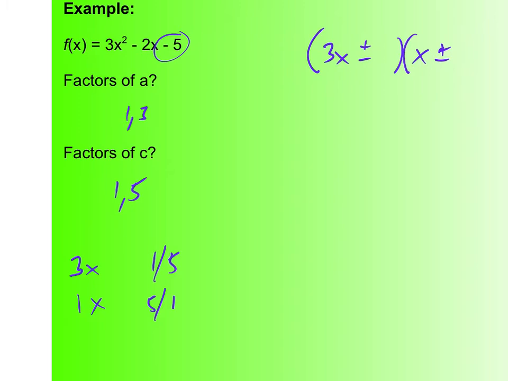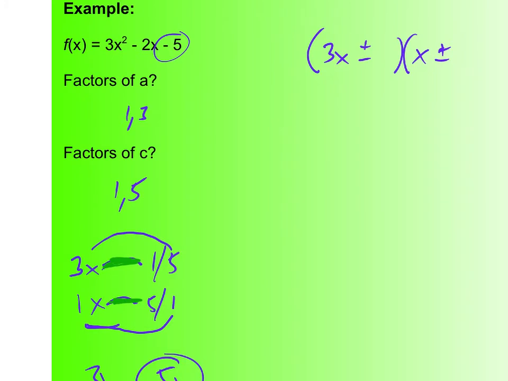minus. So for instance, if we did, in this case, 3x times a -5, that'd be -15. And this one, 1x times a 1 would only be 1, so that would be -14, so that would be a problem. If we do 3x times 1, that's 3x, and 1x times 5, that's 5x. Well, if we make one of those a negative, because we'd have a 3x and a 5x, if we make one of those a negative, we can get to a -2x, so we know that this one needs to be a negative. So, again, what we did here is 3x times 1 and 1x times 5, but we need the